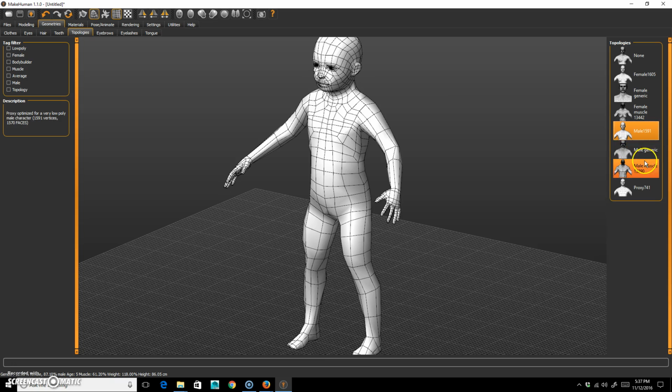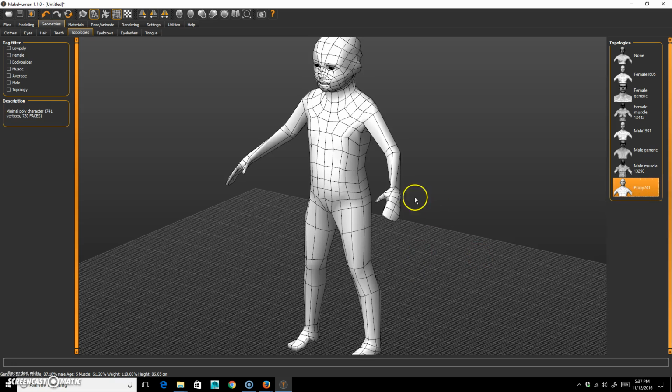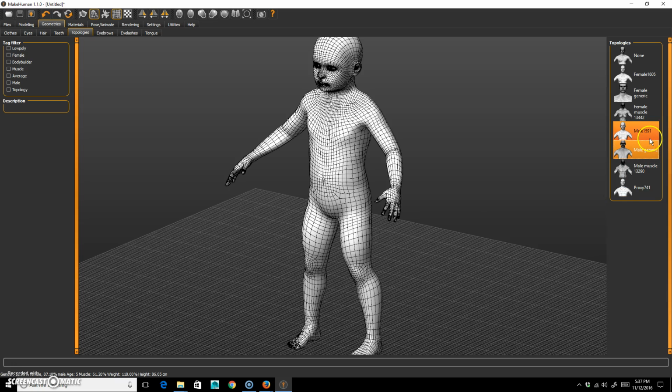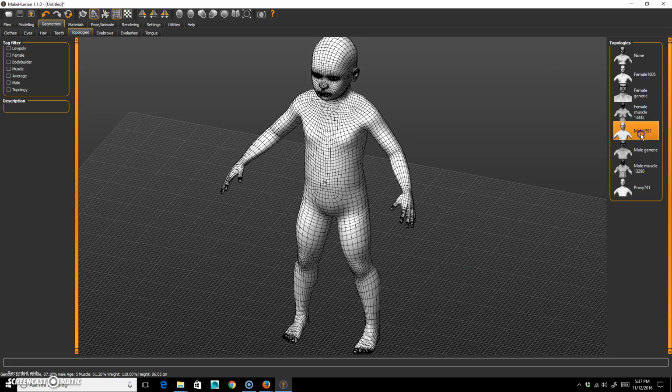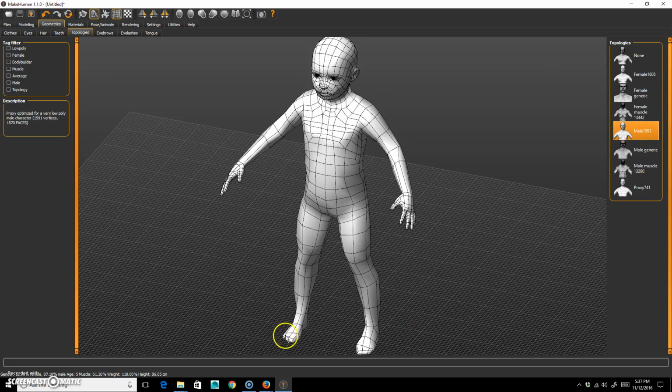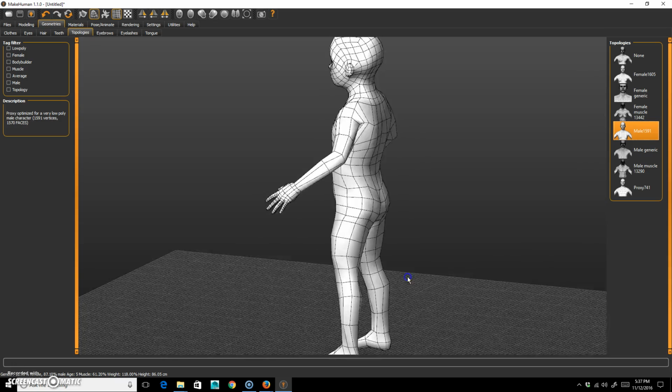They have a low poly one, male generic, one here, male muscle, and then proxy. Proxy is not useful because my character is going to have hands, so that's not really useful. So I could do male generic, which isn't too bad. I could just do this male, which is nice because I want him to wear shoes, and it's kind of low poly already. However, I plan on